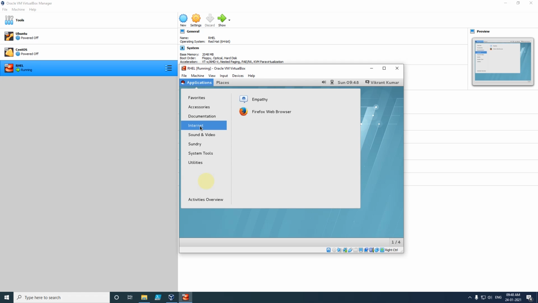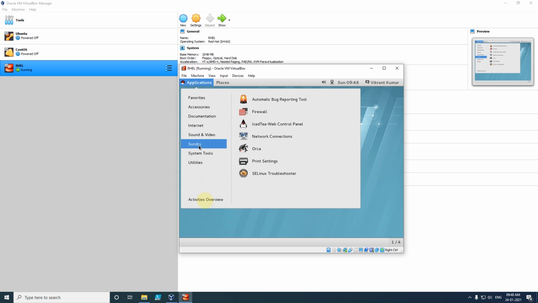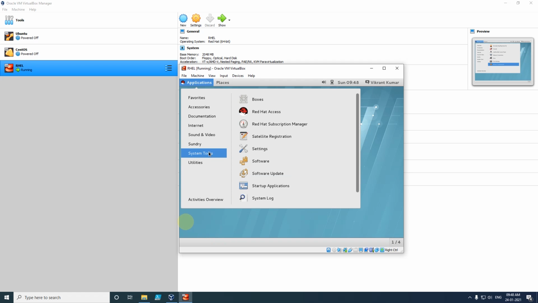In internet we have Empathy and Firefox web browser. In sound and video we have Cheese and Videos. In sundry we have tools like automatic bug reporting tool, firewall, network connection, Orca, print settings, SELinux troubleshooter.